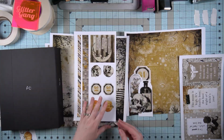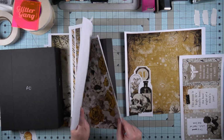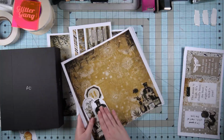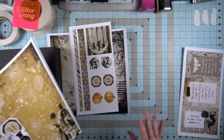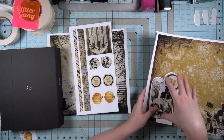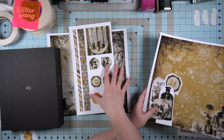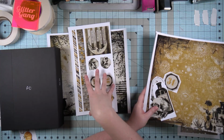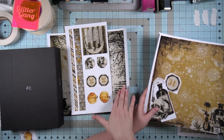So we'll make this number 1, and then we'll do the larger ones. We'll make this number 2. That'll go on the back. The reason I'm doing the larger ones on this is because this paper is more plain, so the larger ones are needed to make it have more oomph. Whereas on this one, this paper is not so plain, so it's good to have